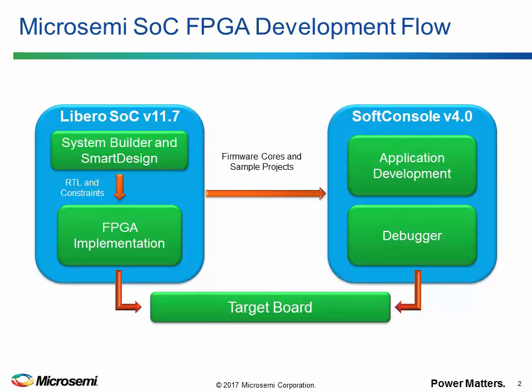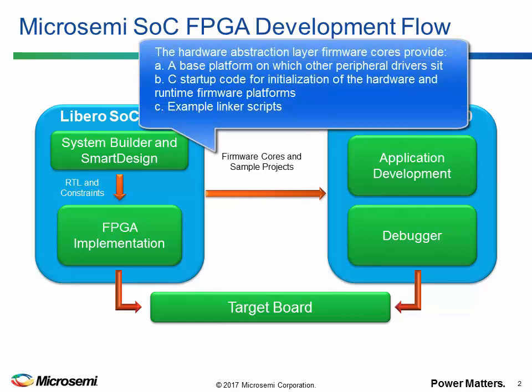Hardware abstraction layers include the hardware abstraction layer underlying the direct core peripheral drivers, the SmartFusion SimSys PAL, and the SmartFusion2 SimSys hardware abstraction layer. The hardware abstraction layer firmware cores provide a base platform on which other peripheral drivers sit,